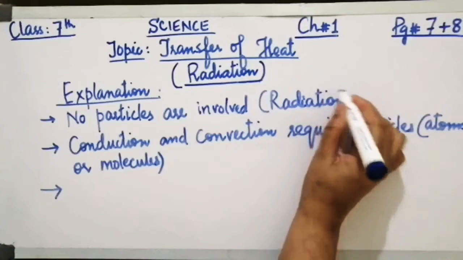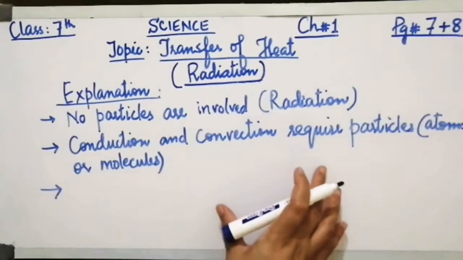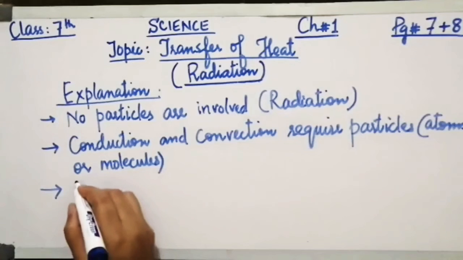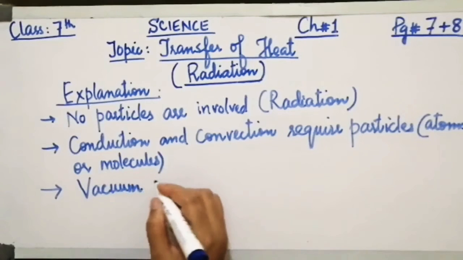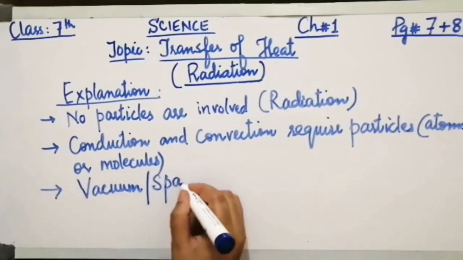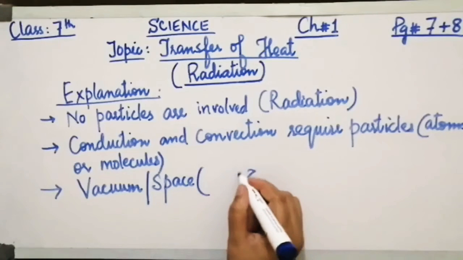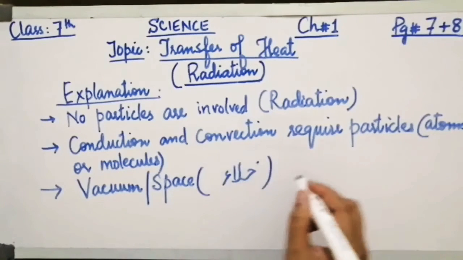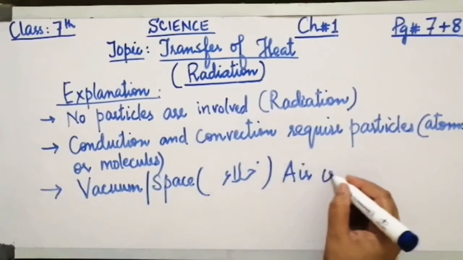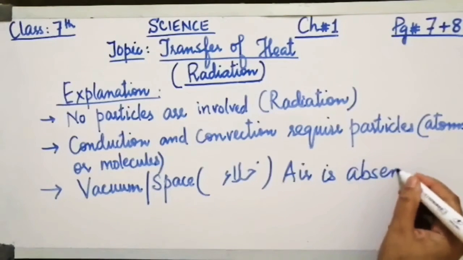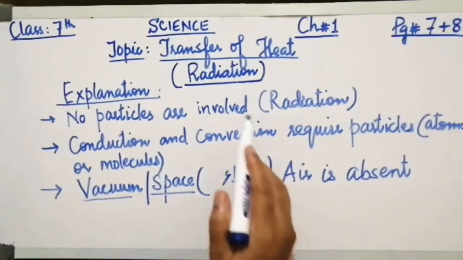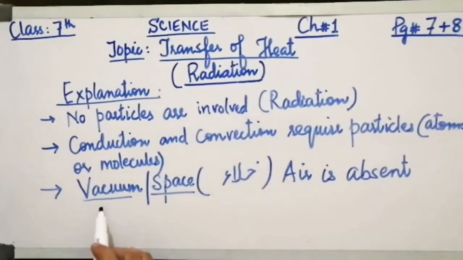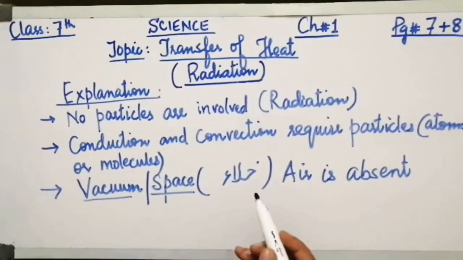Radiation को किसी particle medium की ज़रूरत नहीं होती. Why? Even radiation can work through vacuum. What is vacuum? It is basically the space. आपने सुना होगा कि खला में या स्पेस में अगर कोई चला जाए तो वहाँ पर एयर मौजूद नहीं होती, एयर इज़ एब्सेंट। तो ऐसी जगह जहाँ पर हवा मौजूद ना हो उसे वैक्यूम या स्पेस कहा जाता है। और रेडिएशन का अमल सबसे बेस्ट जो है वो कहाँ होता है? वैक्यूम और स्पेस में, जहाँ से हीट एनर्जी एक जगह से दूसरी जगह ट्रांसफ़र होती है।